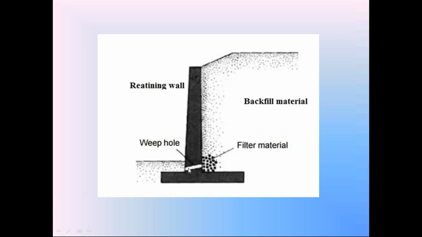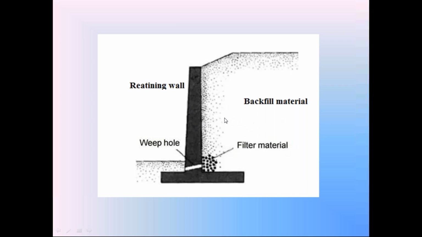This is the purpose of the weep hole. The holes provided on the retaining wall to allow the movement of water in this retaining wall. If this weep hole is not here, the water on the back side of the retaining wall accumulates. If this weep hole is not there, the water in the soil is built up in the back side. That water also applies force on the retaining wall that causes the failure of this retaining wall, water force.